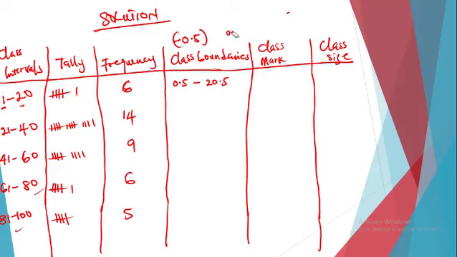Do the same thing in the second one. What do we have? We have 21 minus 0.5, 40 plus 0.5, and that will give us 20.5 to 40.5. Is that correct? So we have 20.5 to